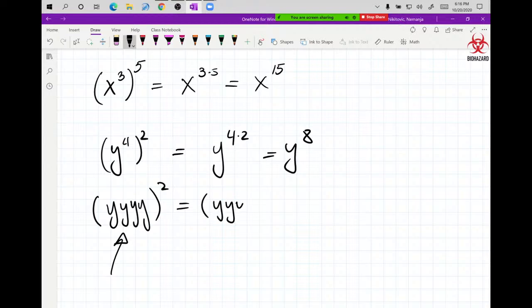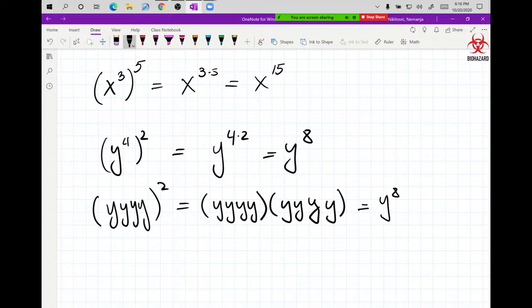So you get the first one, and then you get your second one. And if you look all together, you have 8 of them. So that's what's in the background, why we can just multiply exponents. Even if you don't know the rule, you can still work it out,